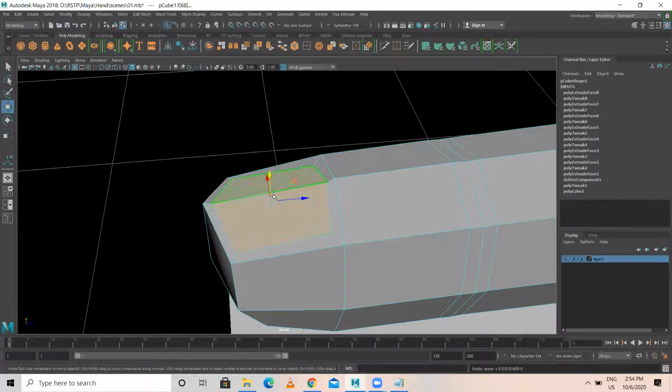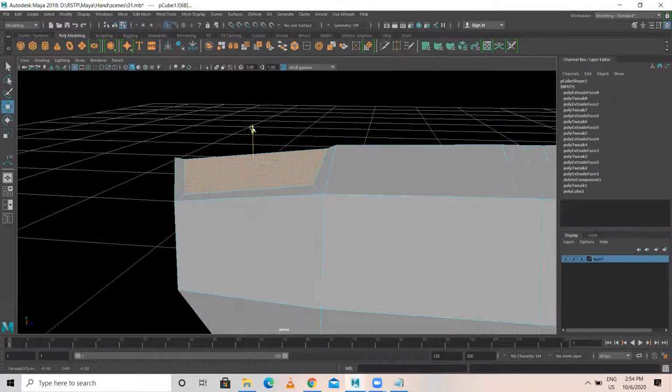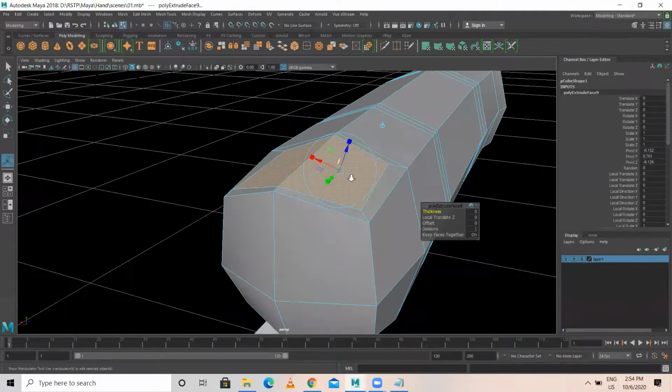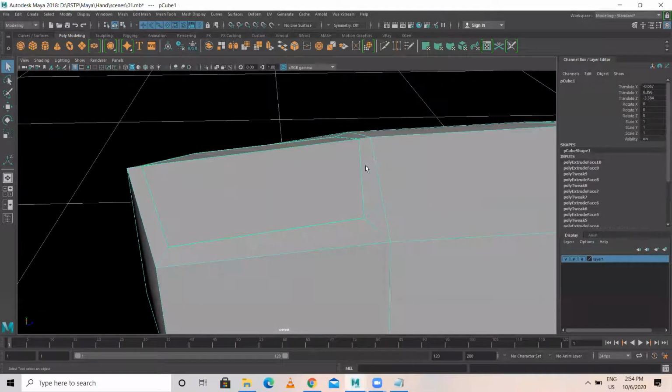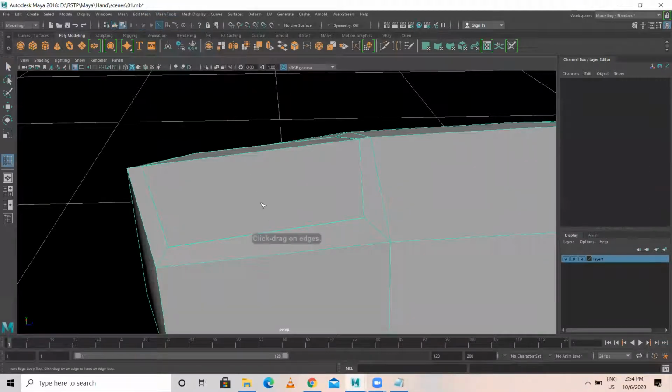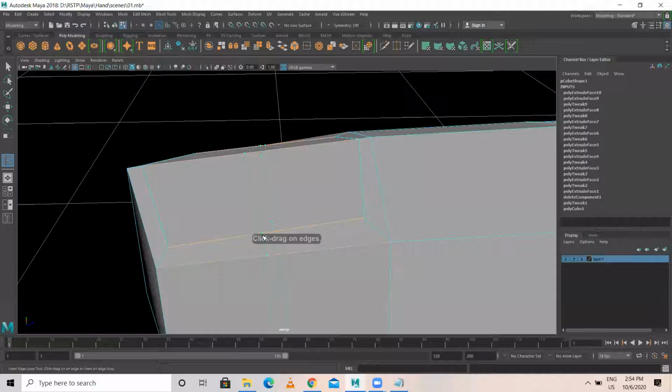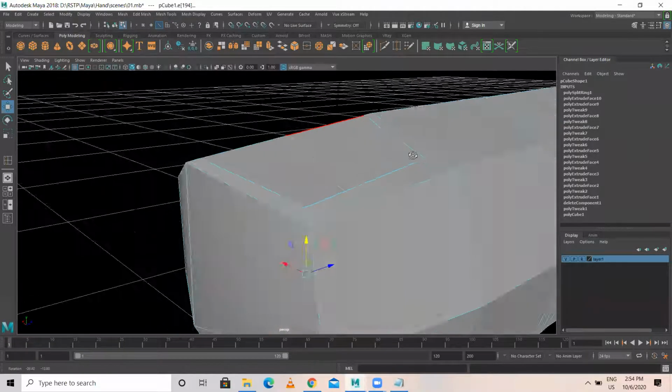Okay. Now, see, I have selected this face. Shift right click, extrude this blue arrowhead. So push inside. Again, G, repeat last tool. I'm extruding. Pull out. Okay. It's done. That's it. It's simple. So later what I can do, I can add one edge loop somewhere over here, at the center.